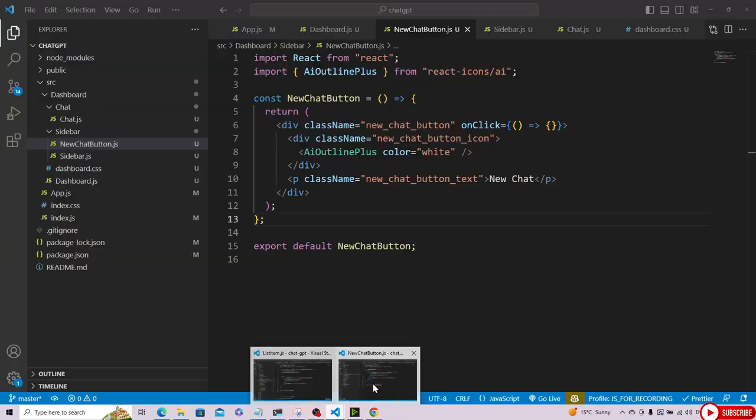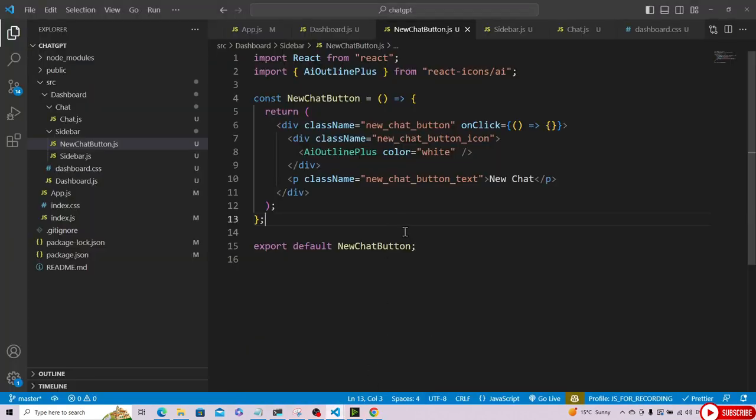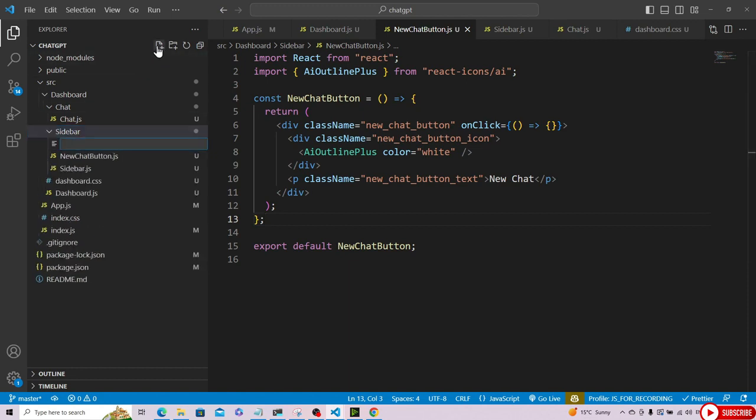Let's add right now, after this new chat button, the list items. If we have already created a conversation before, we will have the chat history. We just want to see this list of items with the previous conversations with the AI. How can we do it? In our sidebar folder, we'll create a new file with the name of